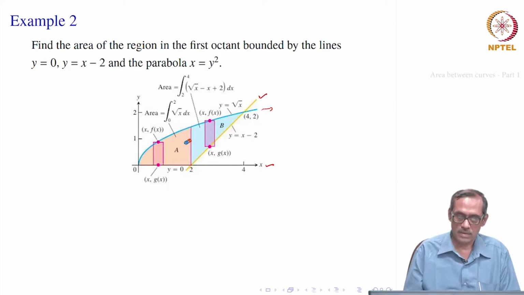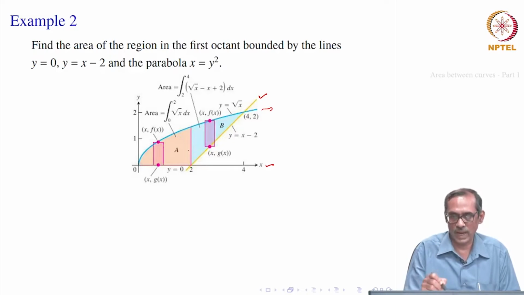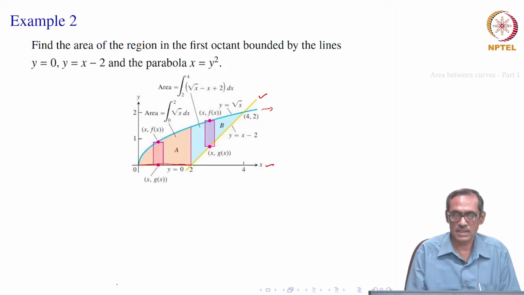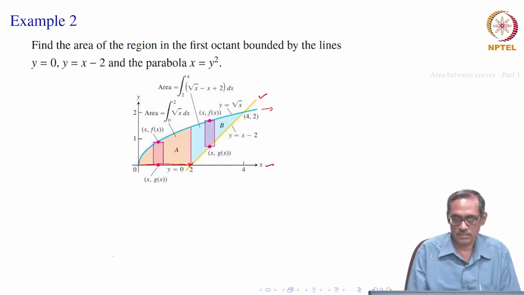Now, you see that this area is not just bounded by two vertical lines and then two curves as in our earlier problem, but there is something else happening. Because below you have another, which is the x axis. So, that means we break at this point 2 and we pose this area as a sum of two areas. One is this A, which is painted brown, and the other is B, which is blue.